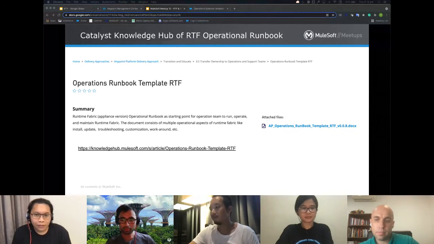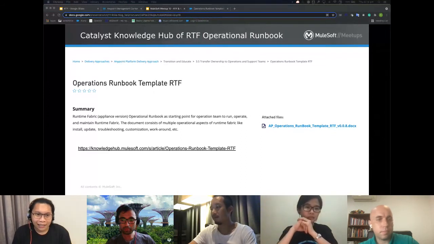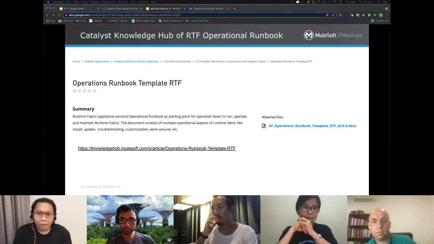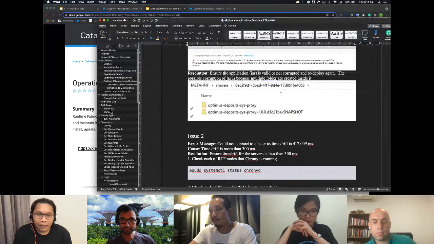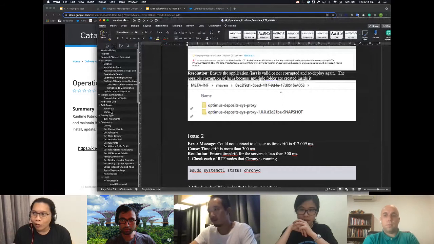So again, this is not an automatic procedure, so you need to have a human task for this, or you can automate this using scripts and so on. But like mentioned in this runbook, we have the add server step. If you use the automatic way, then you can use Ops Center, log into Ops Center, add the server in the Labs panel and put in the IP and everything.